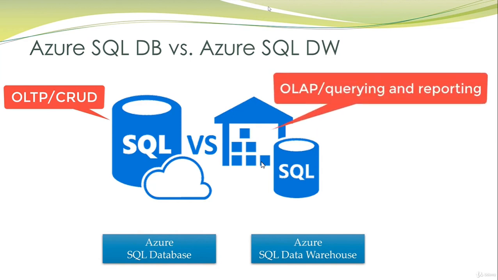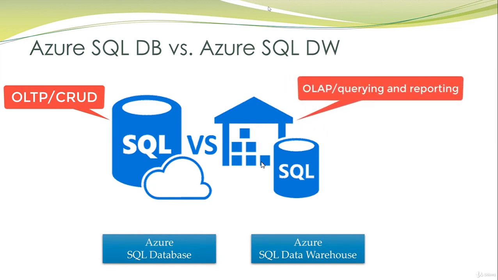SQL Data Warehouse is for online analytical processing, OLAP. It is optimized for robust queries to process and produce reports. The idea with Azure SQL Data Warehouse is that it's more of an analytics place where you have data that may be less frequently updated, but you are going to run detailed and potentially complex queries and reports based on it. Azure SQL Database is symmetric multiprocessing, where you have a single virtual server